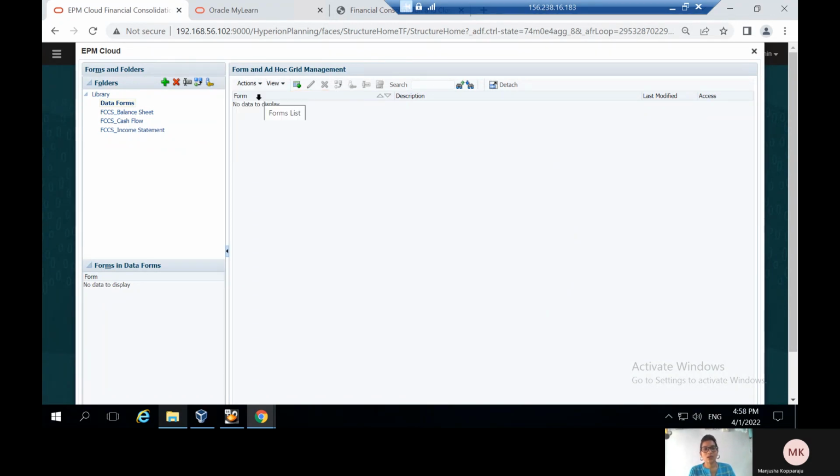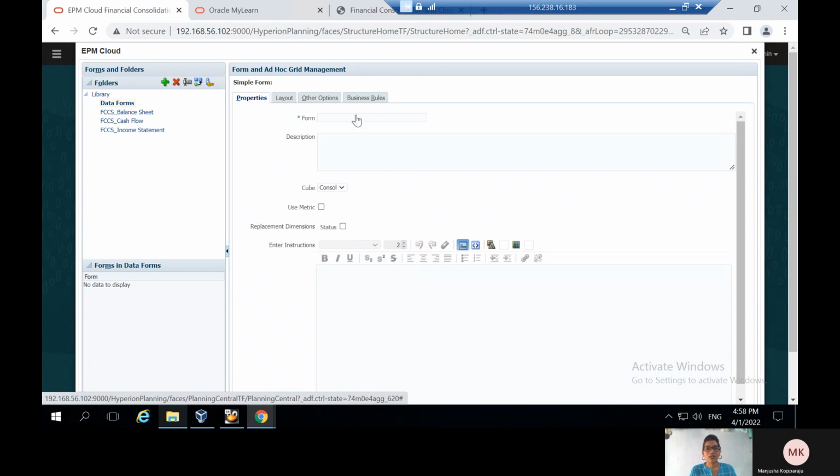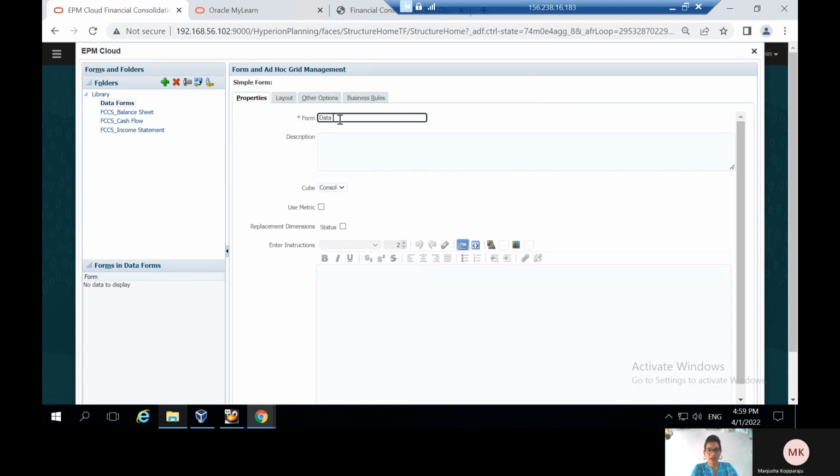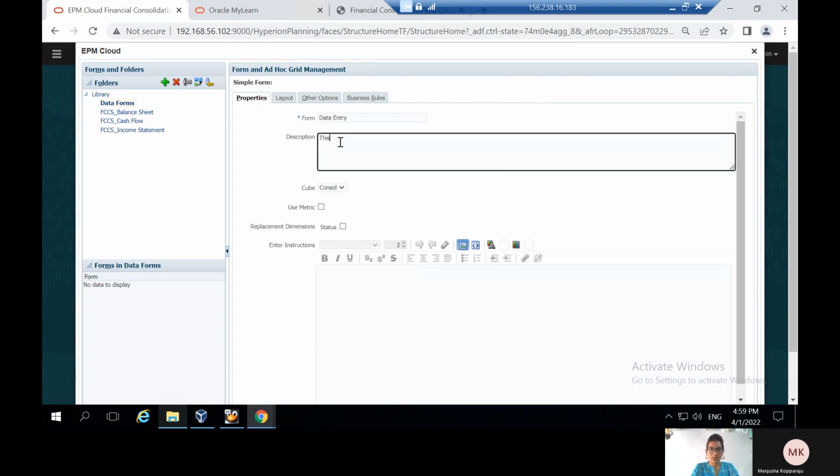create simple form. So once we click on that, it will navigate to this space. In this, we have the properties tab, layout tab, other options, and business rule. In the properties tab, we have to give the form name. As per the activity guide, I'm going to give it as data entry, and the description: this form is used for data entry. Name is data entry. The description is, this form is used for